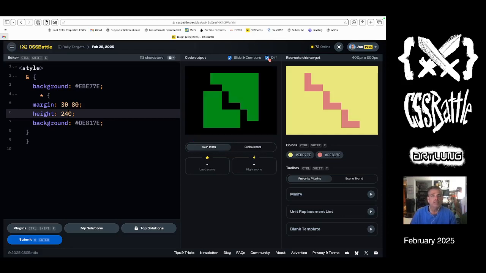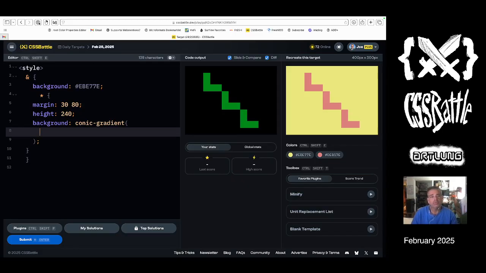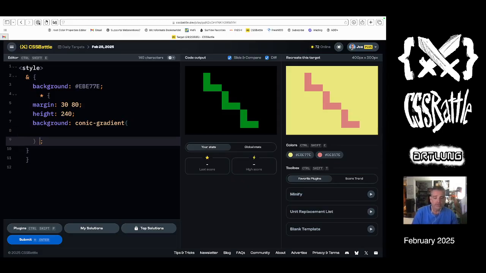Okay, so what are the pieces that we need? To me, you know what I like, I enjoy a conic gradient very much, and in this case, it's 240 wide or 240 high. So the background can be 50%, maybe 0 probably, and then 80 pixels by 80 pixels, and then we do a conic gradient, which is the yellow around,